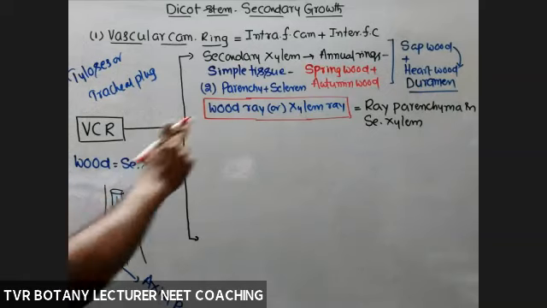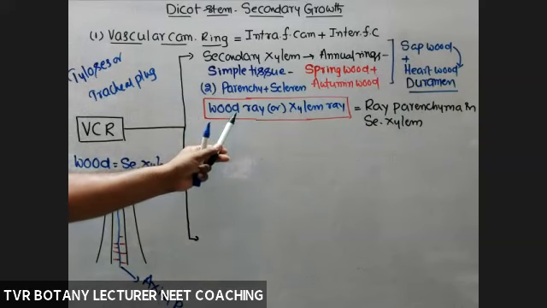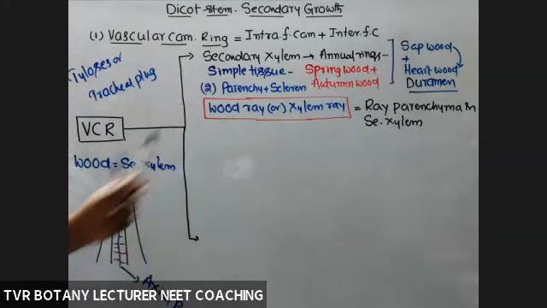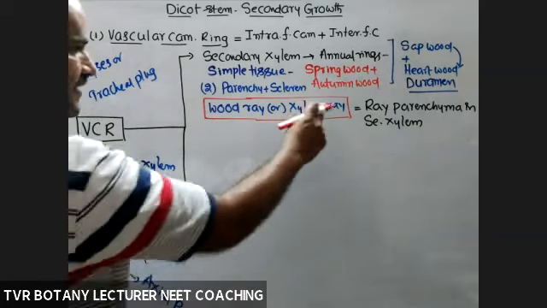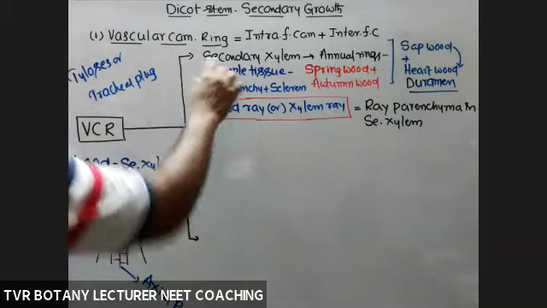And this will be part of the secondary medullary rays. Secondary medullary rays are going to replace the primary medullary rays, so it is part of a secondary medullary ray. So that is about wood ray or xylem ray: it is nothing but ray parenchyma present in secondary xylem, which is arranged from center towards periphery and perpendicular to axial parenchyma. Okay, right? So remember that wood ray or xylem ray. Next, that's about secondary xylem.